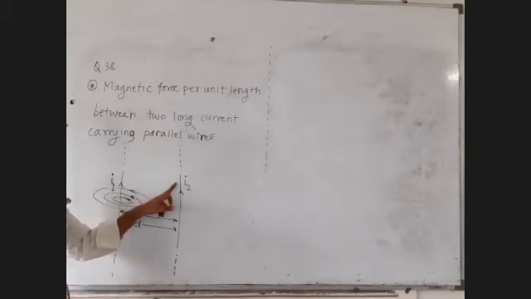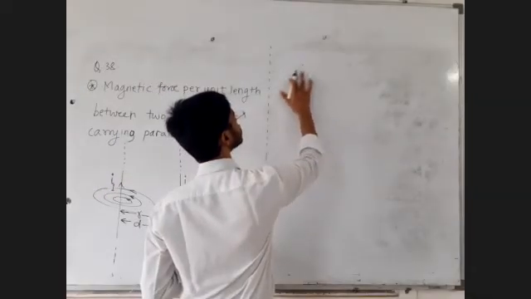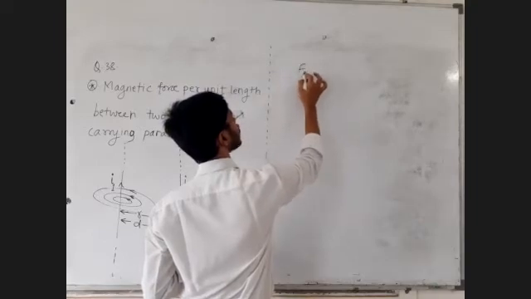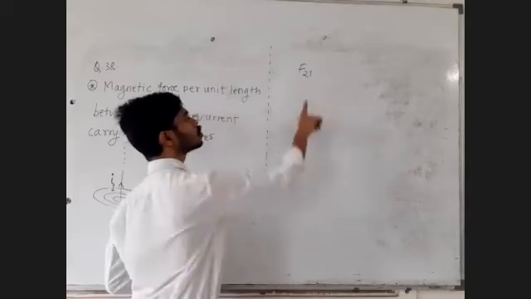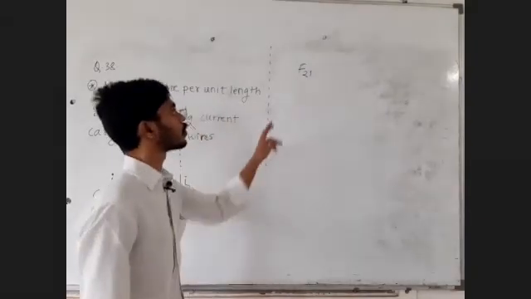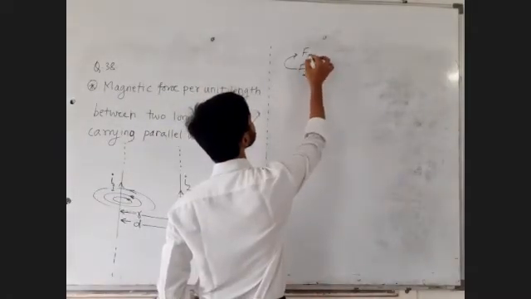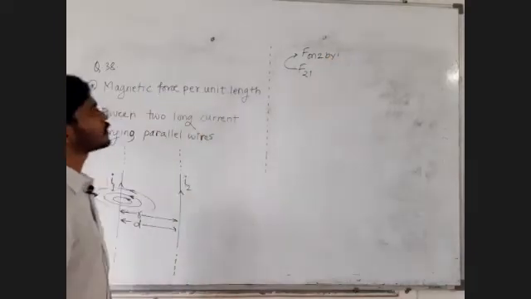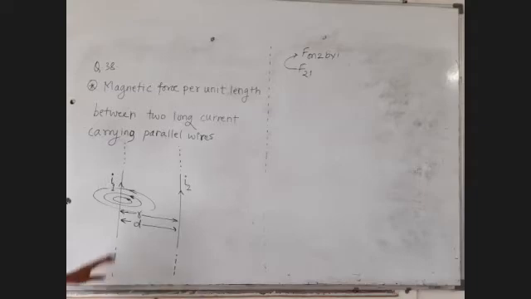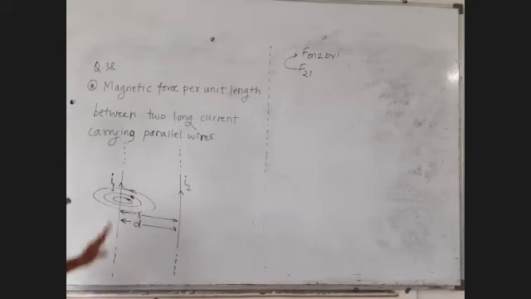Second wire is a current carrying conductor which is placed in the magnetic field of first wire. So I will write force acting on second wire because of the first wire, force on 2 by 1. How to read it? Force on 2 by 1. The second wire will experience a force because of the first wire. Why? Because second wire is a current carrying conductor which is placed in the magnetic field of first wire.